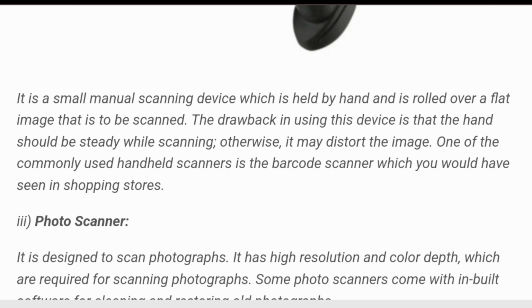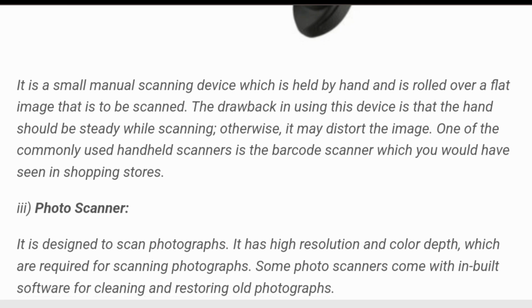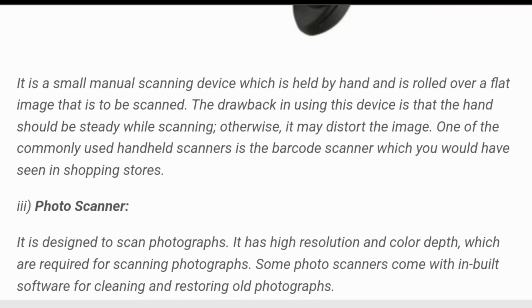The drawback in using this device is that the hand should be steady while scanning. Otherwise, it may destroy the image. One of the commonly used handheld scanners is the barcode scanner, which you would have seen in shopping stores.